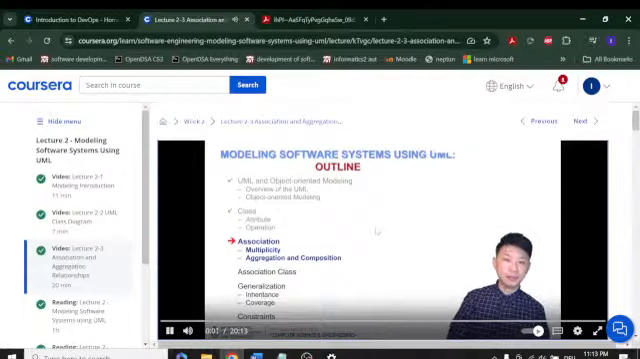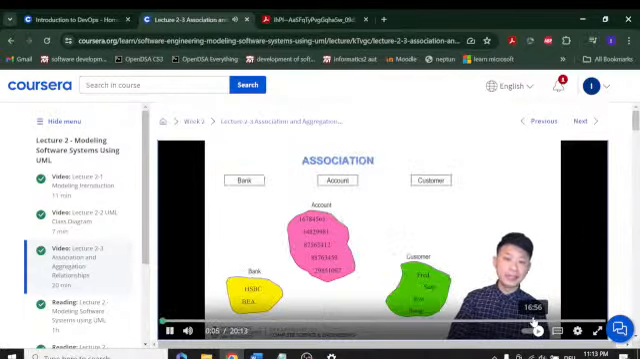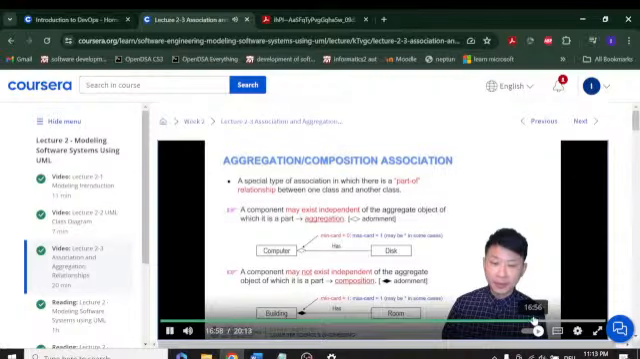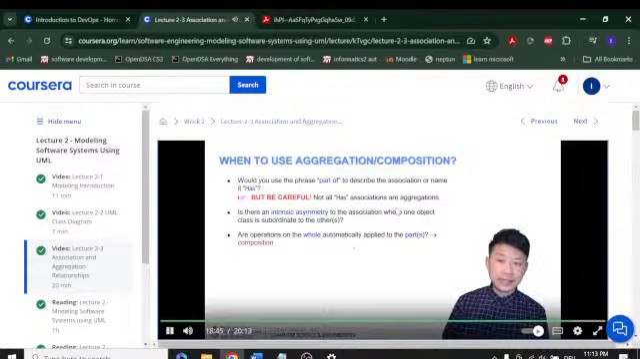So another thing that I'm going to talk about for class diagram is what we call association. So notice when the participation is going to be mandatory. Don't replace every single hash